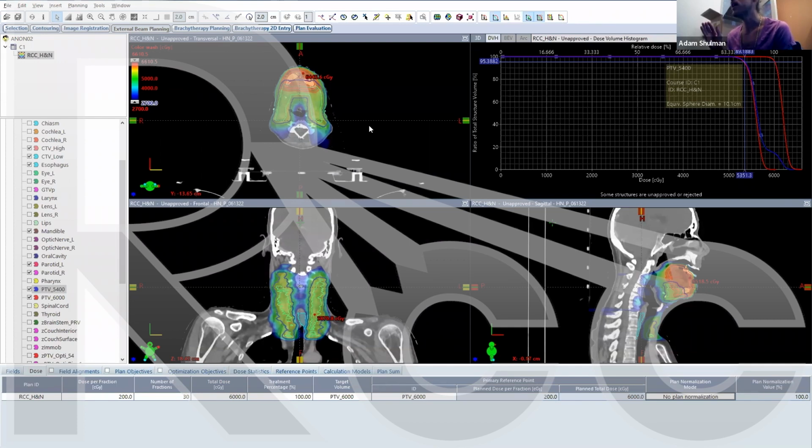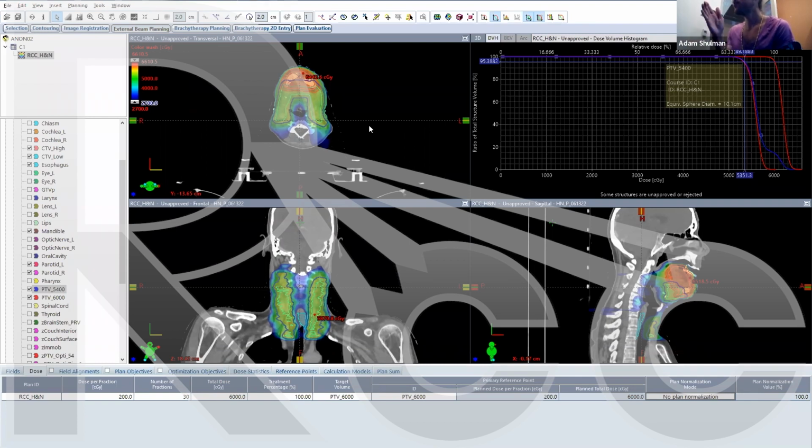If you want to just increase flash, so you want to have some fluence that's just in the air outside of your PTV, just in case you got swelling or setup errors, and that PTV is moved into that sort of air area, it would still get covered by flash, just like you would on a breast patient. So in that case, yes, that's a good concept. You could put on a bolus,